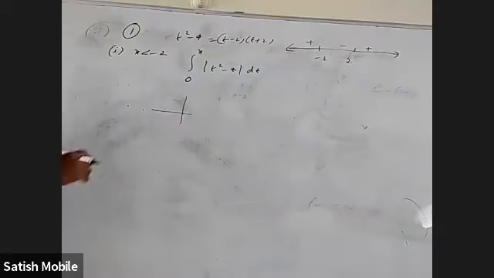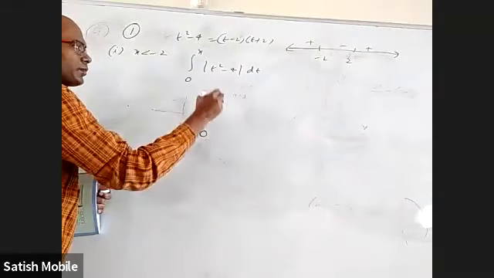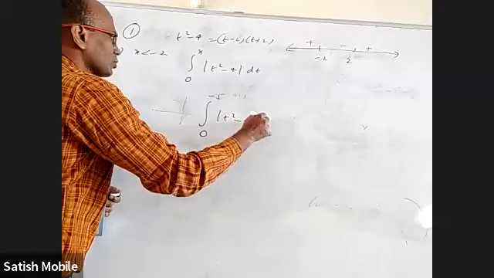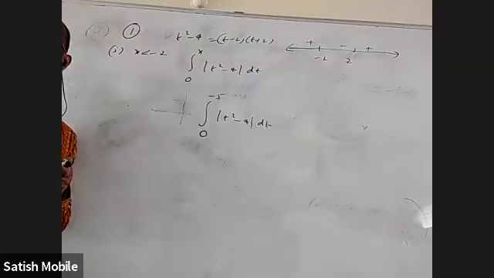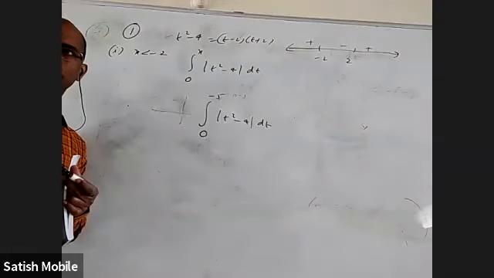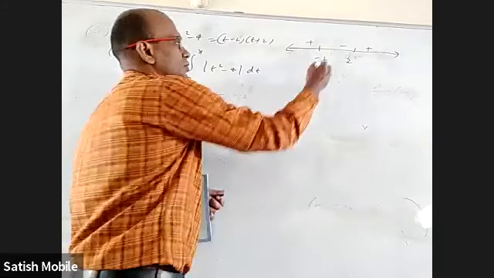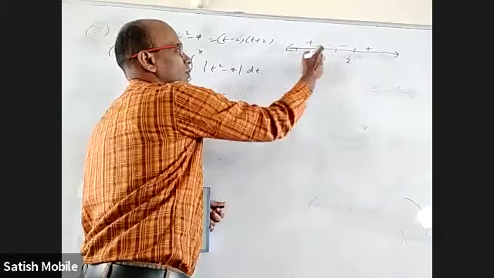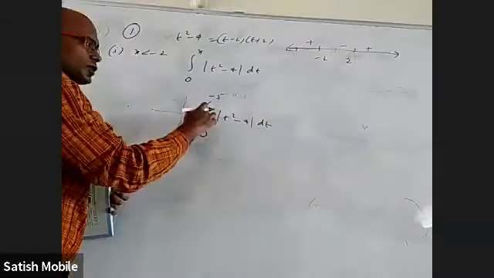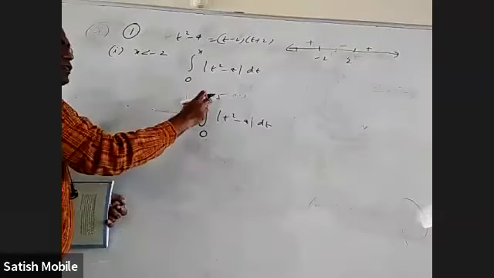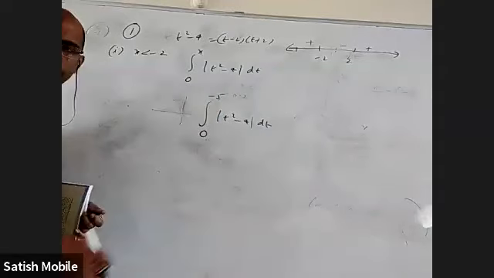So if you take x less than -2, you are taking from 0 to -2, -3, and so on. Take an example first. If I take 0 to, let's say x is -5, mod t square minus 4 dt. Anybody want to give an idea where I should break the integral for this, or not required? At -2, you have to break the integral, because 0 is here, -5 is here. In between, at -2, the sign is changing, na? So I have to break at -2: 0 to -2, -2 to -5. Any other negative number you take is also the same. -3, -4, -5, anything you take, you have to break at -2.